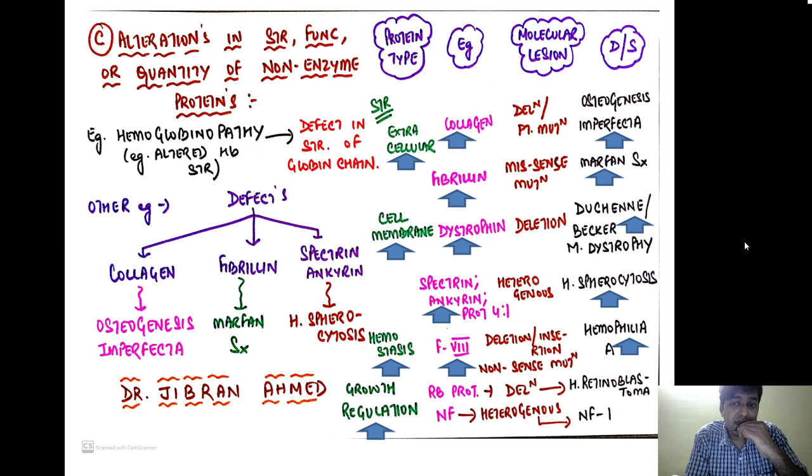So if there is a deletion of the RB protein, it can lead to hereditary retinoblastoma, and if there is a heterogeneous mutation taking place in the neurofibromin gene, it can lead to neurofibromatosis 1. So these are all the biochemical bases. We have read the first three important biochemical bases of Mendelian disorders, and then there is a last one,